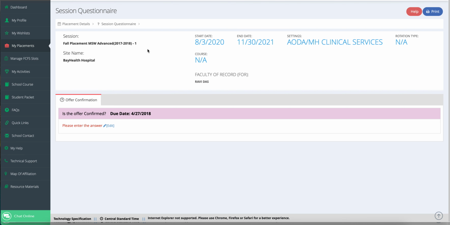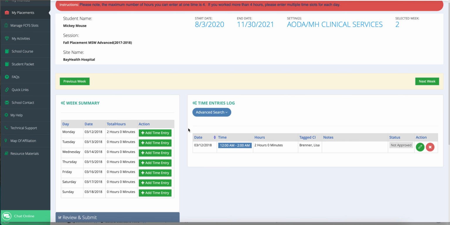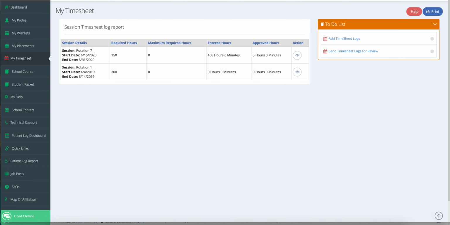While students are out in the field, they can fill out timesheets to track hours. This timesheet is a simple tool and can easily be customized to capture more information as needed. If students have a minimum required hours, the student and you can track those hours. Students can also send the timesheets to the fieldwork instructor, task supervisor, or faculty member to review and approve the